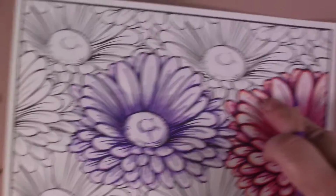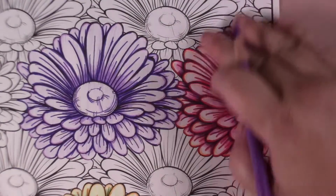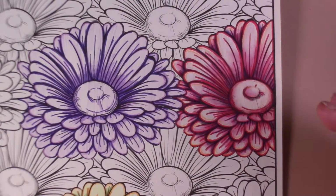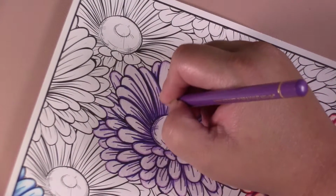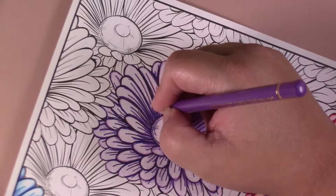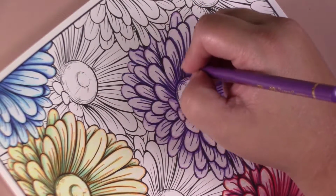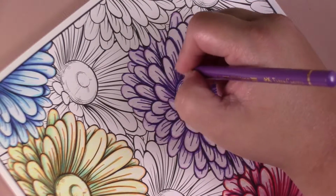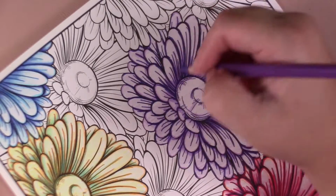And I did use a little bit of blending spirit on this one, and it does blend it out a little bit more, so you see less of your pencil strokes and less of the lines. But if you like that sketchy colored pencil look where it's not 100% smooth, like I know that with